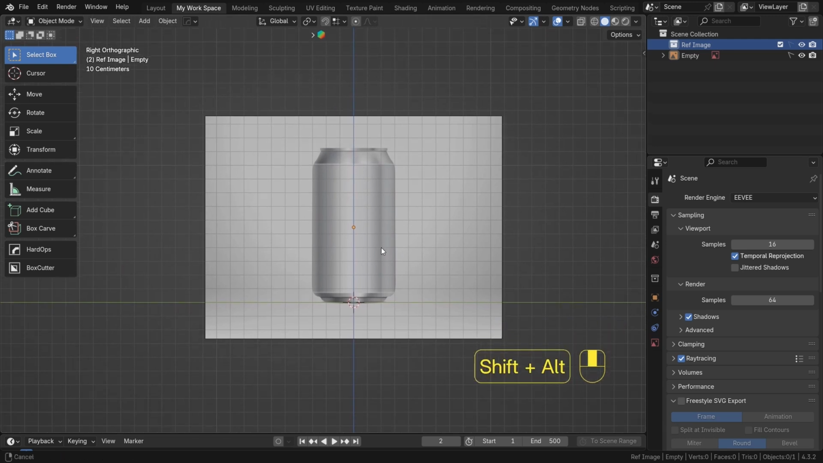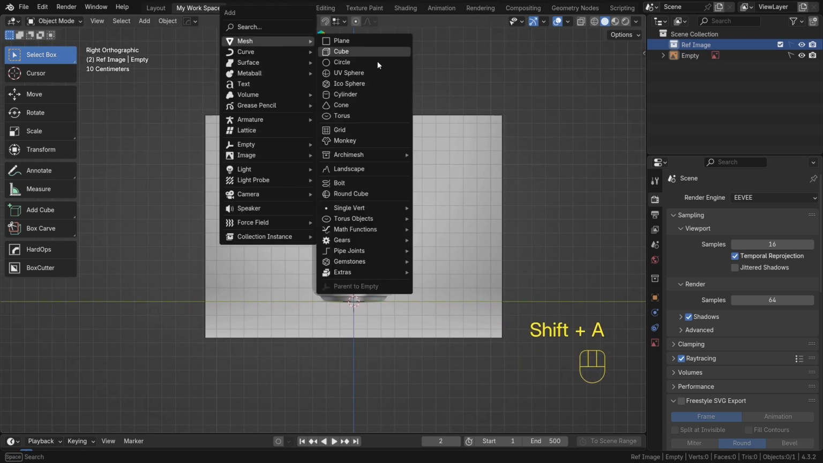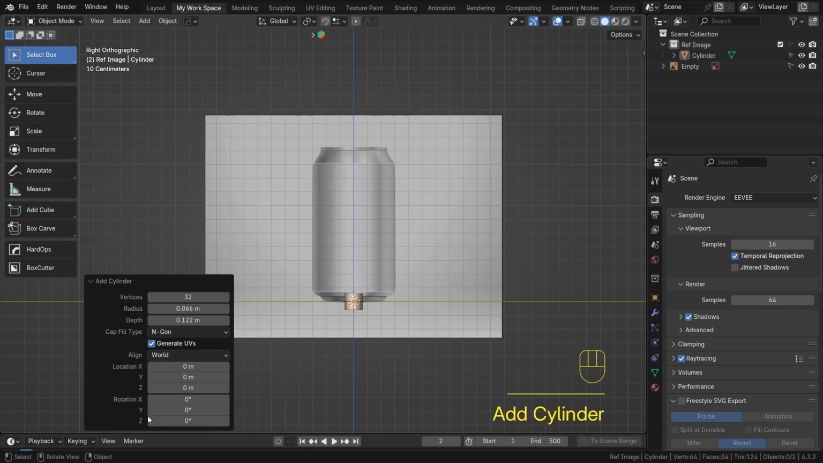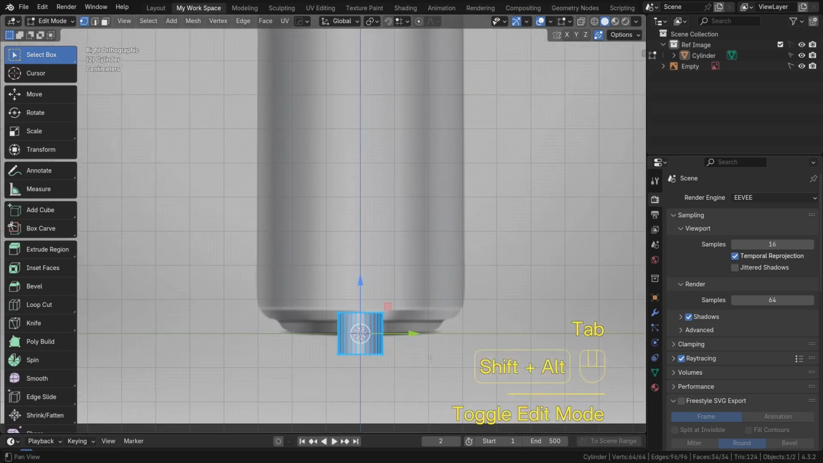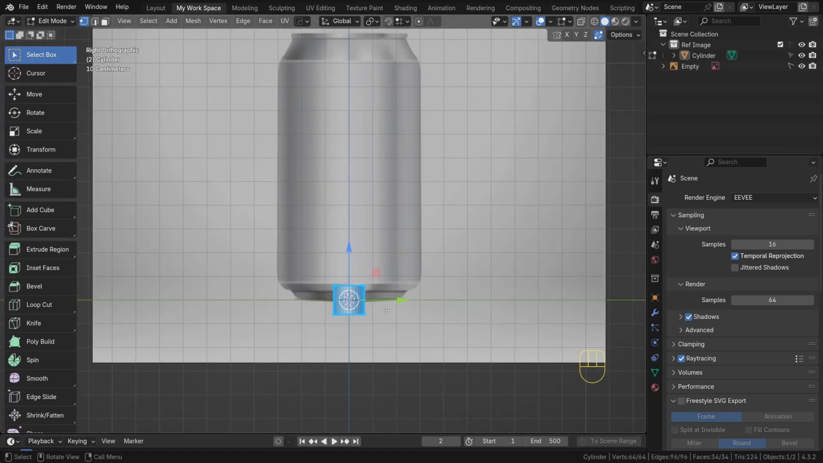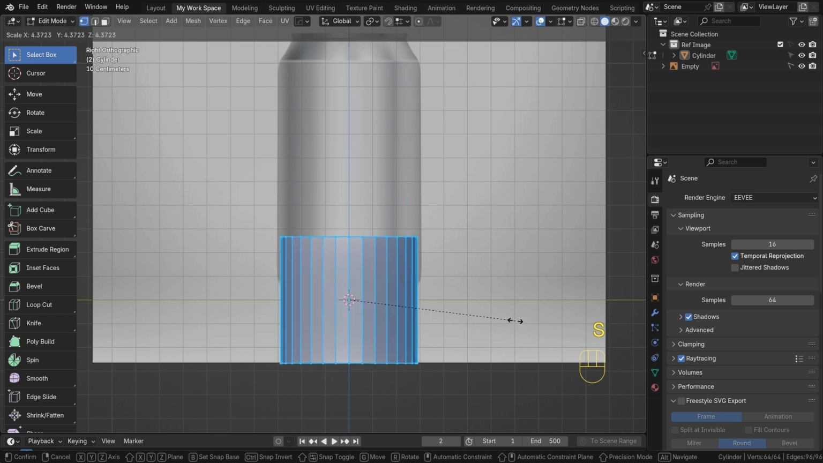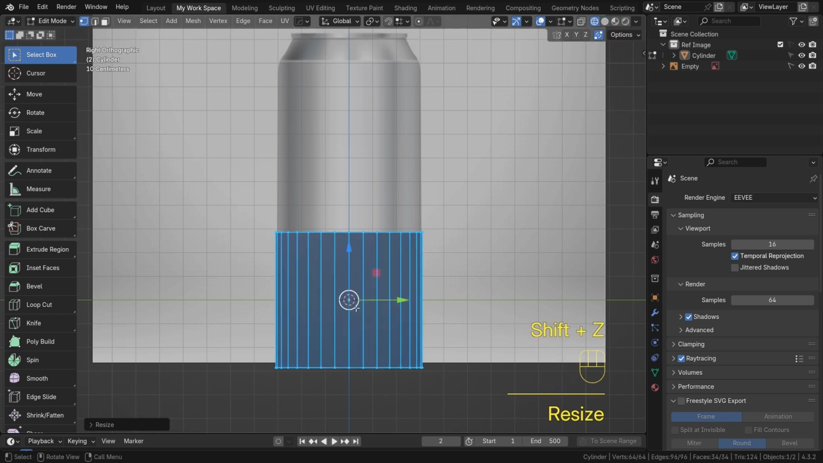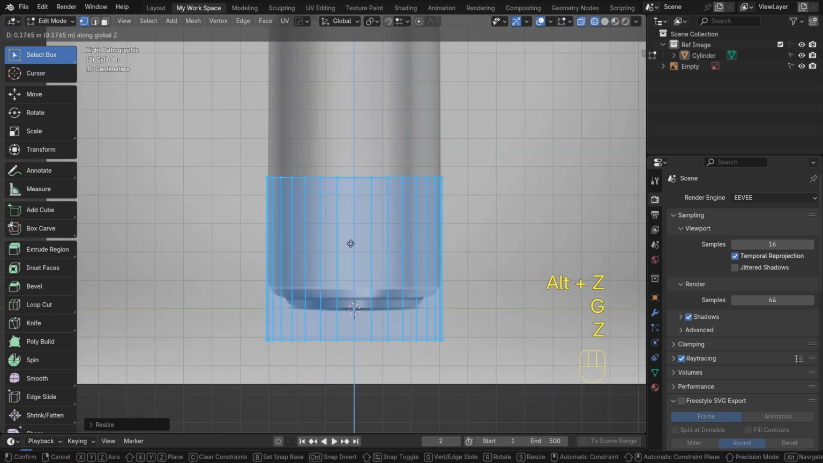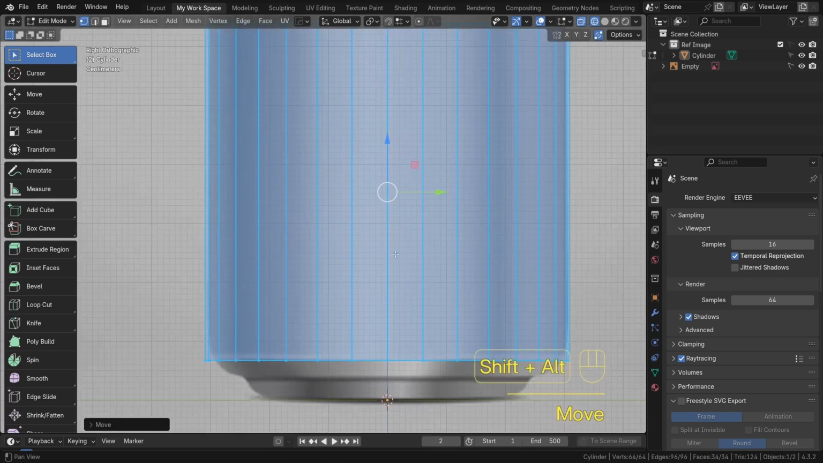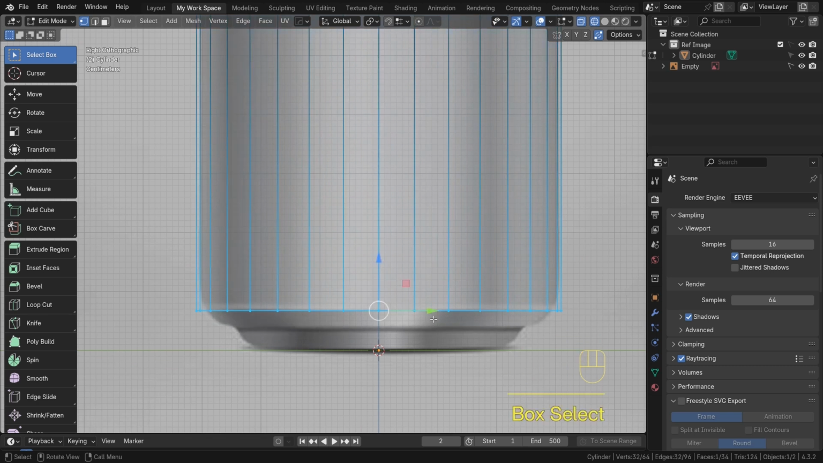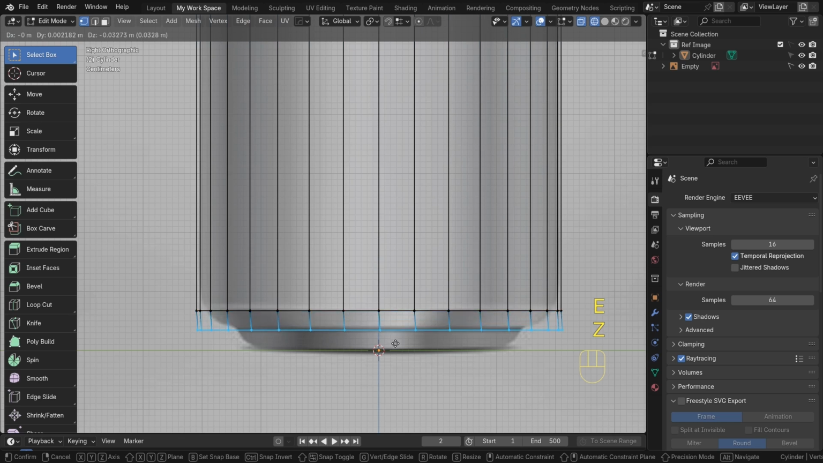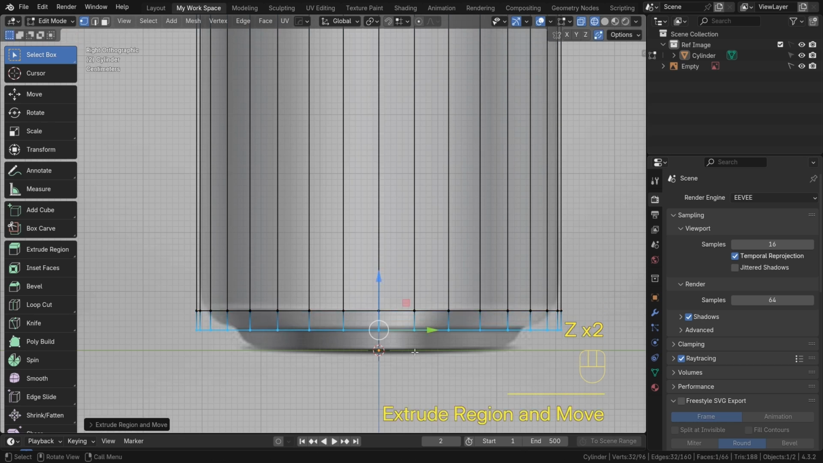So for that shape I will add a cylinder, okay, with 32 vertices, and now I will scale it to the size of this one and align it to the reference image. Now I will select these bottom vertices and extrude in the Z axis like that, and for making this curvature